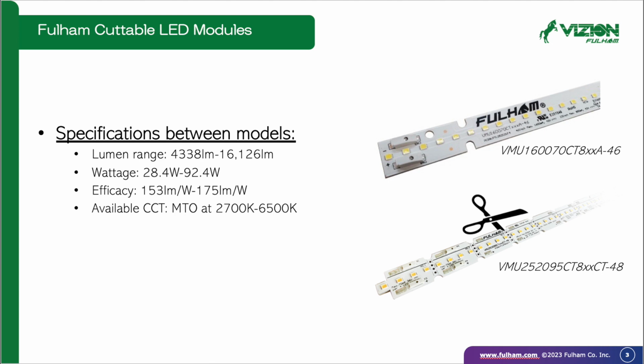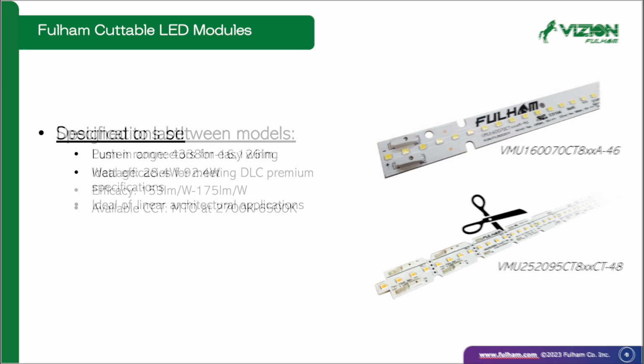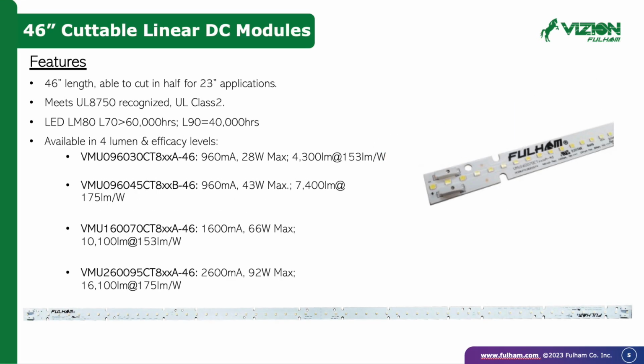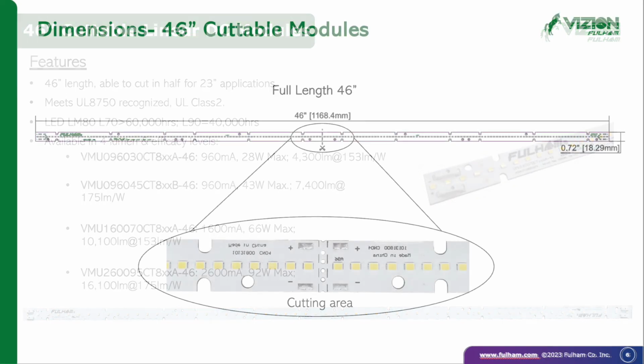153 lumens per watt, up to 175. They are made to order between 2,700 and 6,500 Kelvin. What's more, they are quick and easy to wire, using push-in connectors in the factory or field, because they have DLC premium designation. Perfect for linear fixtures, the 46-inch modules can be cut in half as needed,